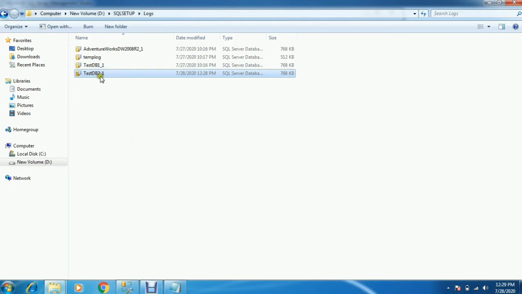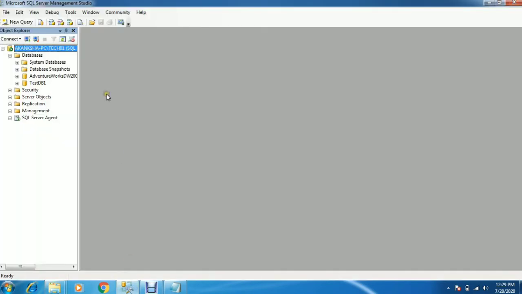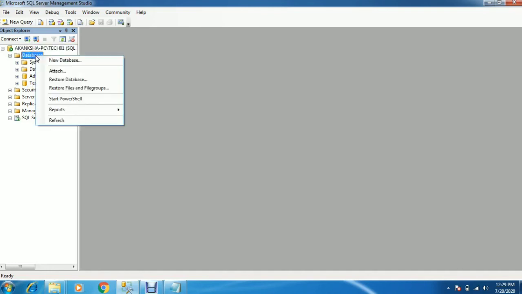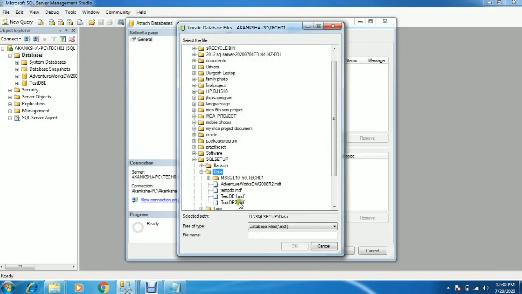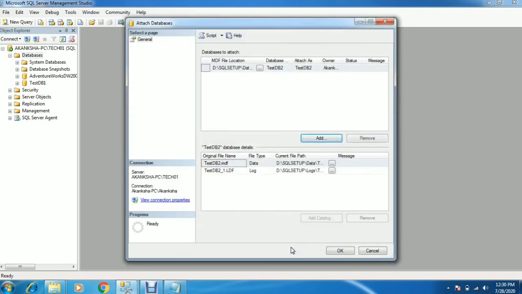Now what we'll do is transfer these primary files, or database files, to the target server. Once the file copy is done, we'll attach it. So how to attach it? Right click on the database and click on Attach. Here you need to provide that particular database file location. Click on Add. Here this is the database file, the testdb2 primary file. Once you click on OK,